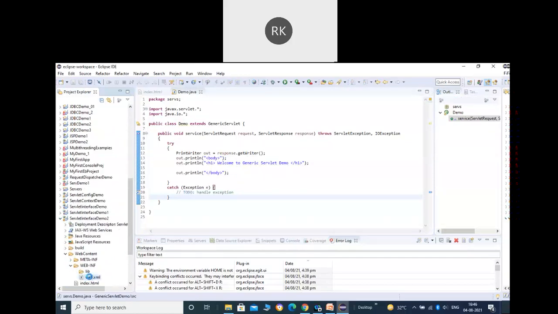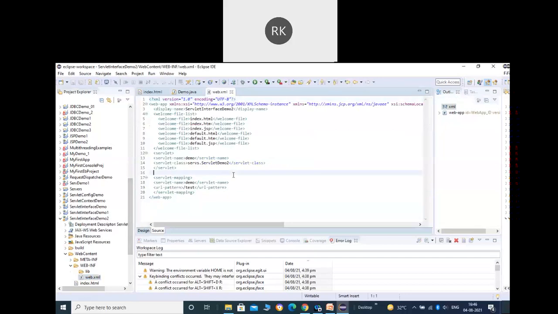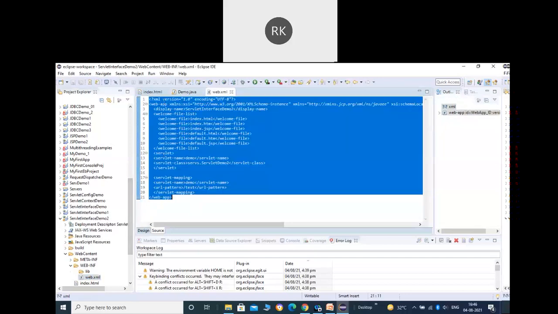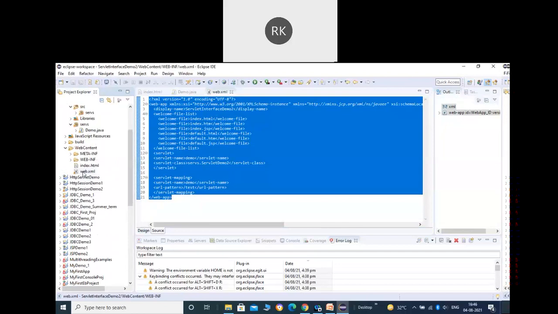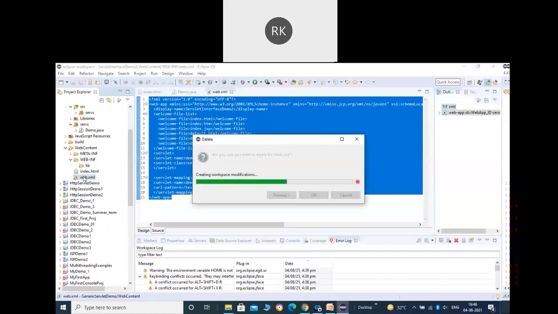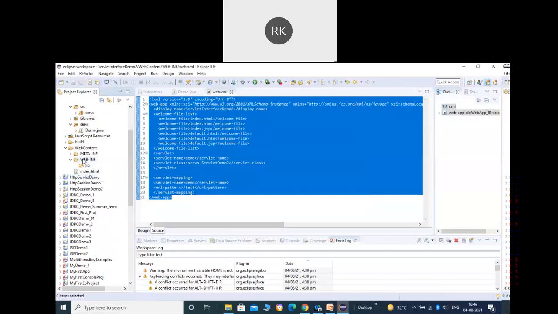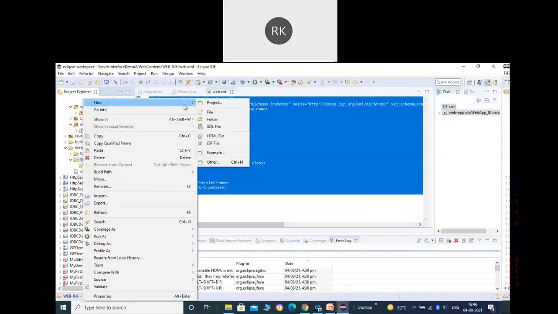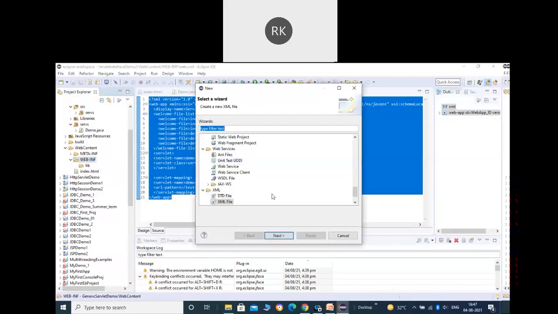The next thing we need to add is the web.xml file, and let me copy paste it from a project we created earlier.